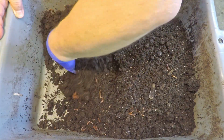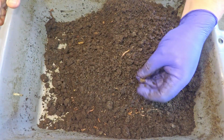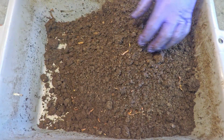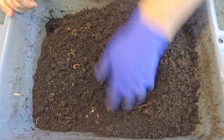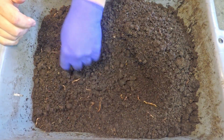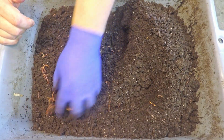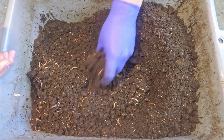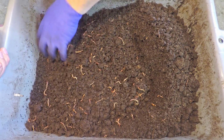The edge closest to where the feeding zone was is where you're most likely to find a good number of worms still hanging out, still needing to be convinced that there's probably a better place to go and hang out. It's the material on the very bottom where you're most likely to observe the most number of worms, especially when they start sensing the dryness encroaching from the top surface. They just do what they always do, especially like what they do out in nature, is they just dive down and seek more damp and comfortable